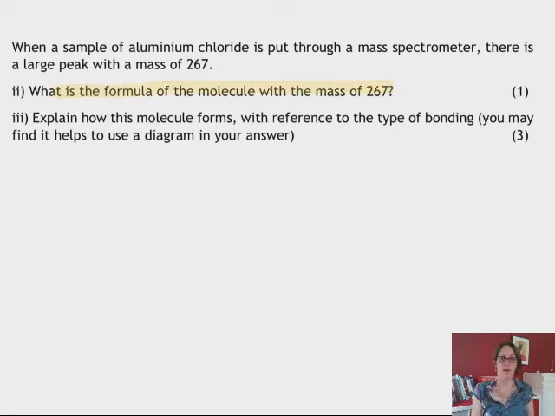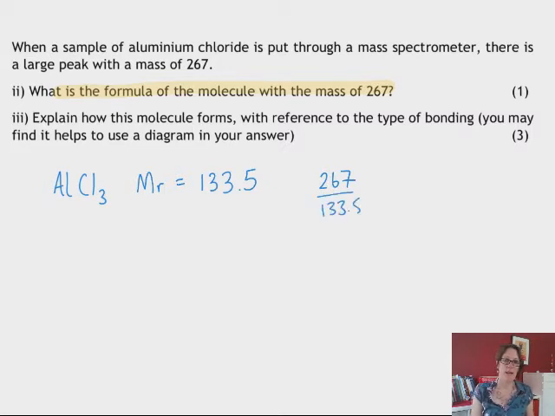It says, what is the formula with a mass of 267? So I know the only thing that's going into the mass spec is aluminium chloride, and I know the formula of aluminium chloride is AlCl3. So if I work out the Mr, the molecular mass of AlCl3, it turns out that it's 133.5, and 133.5 happens to equal 267 over 2. So there are 2 lots of it, so therefore the formula of the whole molecule would be